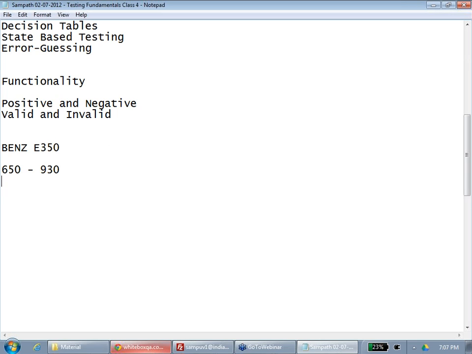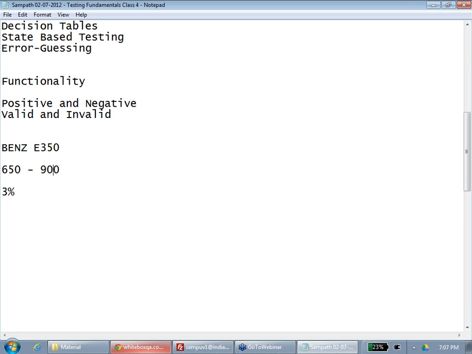If your credit score is from 650 to 930, we will give you financing at 3% or 2%. Okay, 3%. If it is less than 650, it is some other rate. If it is greater than 930, we won't give you a loan.